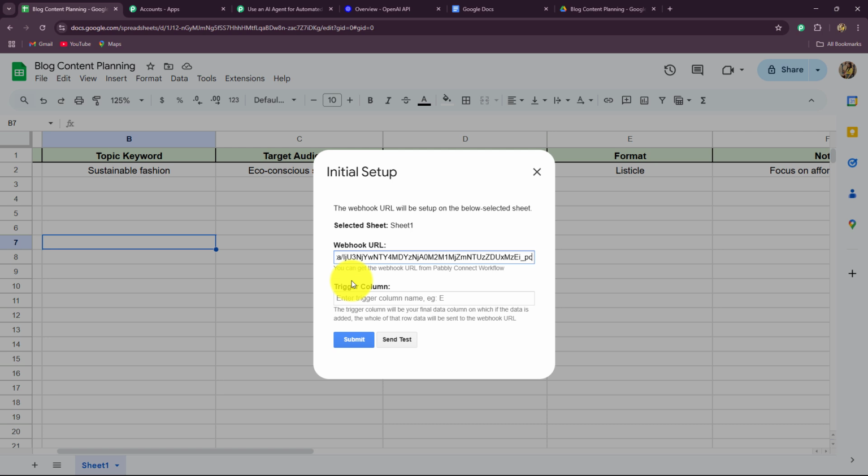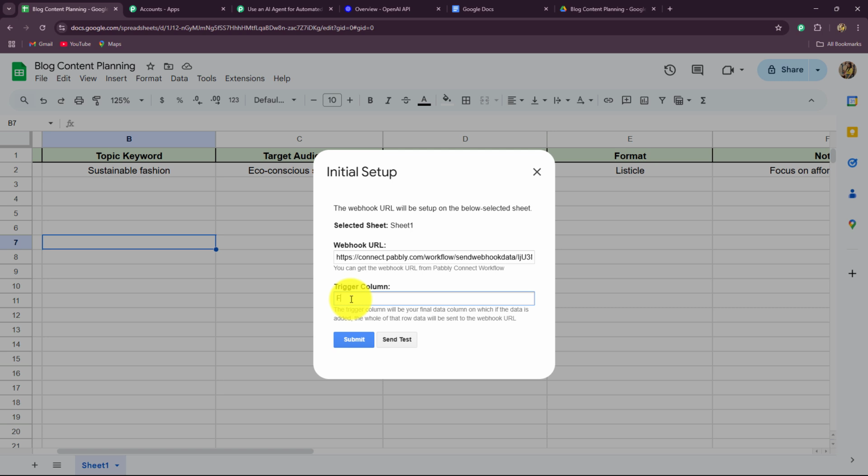F is the column for notes to be focused on in the blog content generation. Now, when a new row is added in my spreadsheet, it will not be sent towards Pabbly Connect until it is added up till the F column. When the F column is filled, then the response is going to be captured inside Pabbly Connect. In this way, you have to decide a trigger column according to the columns in your spreadsheet, and you have to